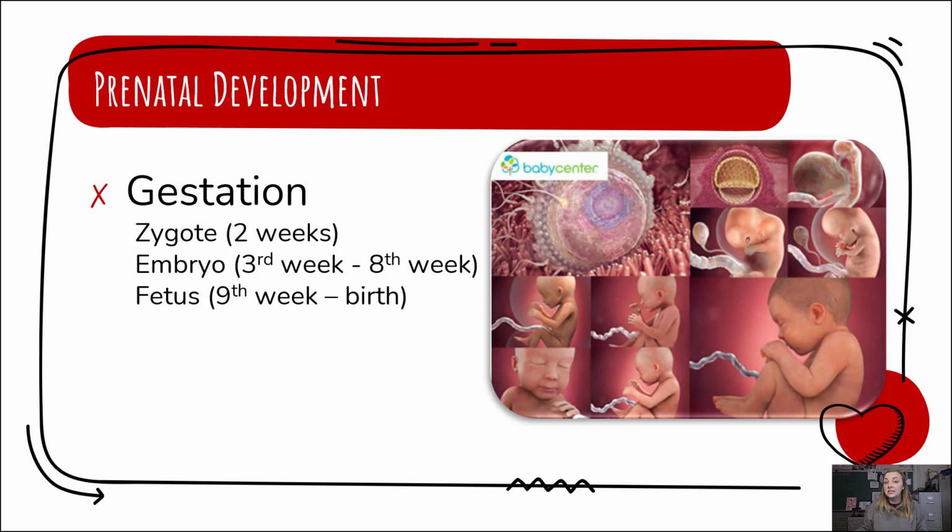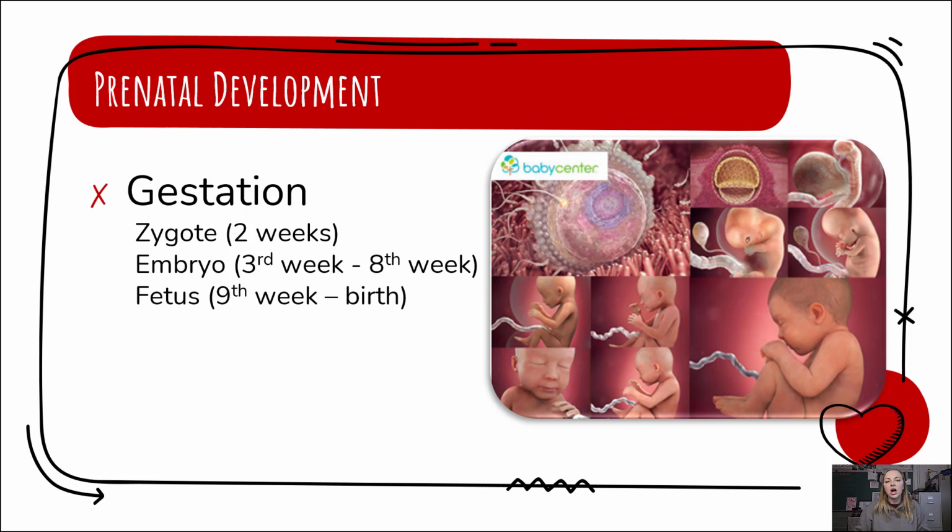If the egg is not fertilized, the woman will release that egg and the lining of the uterus will shed along with that egg, and the woman will have a menstrual cycle. If the egg is fertilized at that 2-week mark, then it becomes a zygote. By the 3rd week, the egg now becomes an embryo, and this stage lasts from about that 3rd week through the 8th week. After it hits the 9th week of gestation, now the fertilized egg, the embryo, will be called a fetus. Women usually won't find out that they were pregnant until the embryonic stage, usually in the 4th or 5th week of gestation. However, sometimes people don't find out until much later.